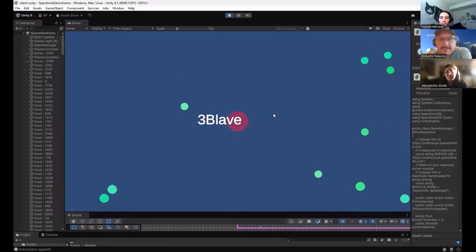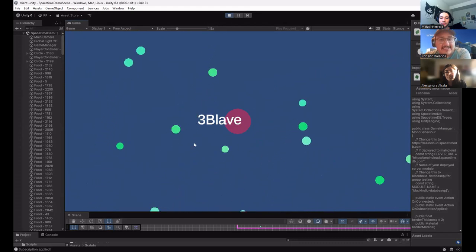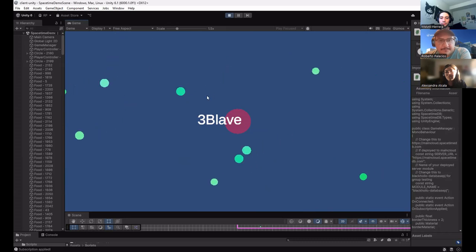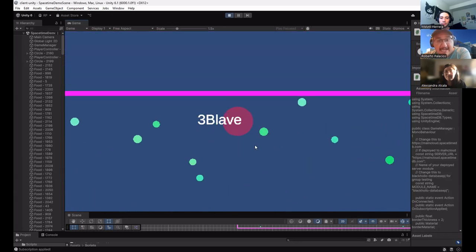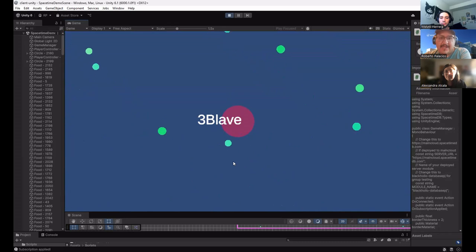Okay, for our demo of SpacetimeDB, we will be playing a simple multiplayer game where you, as a player, collect other circles and grow in size to challenge other players on the screen. Currently playing with me are Metzley and Alexandra, and we should run into them at some point and be able to interact with them. Now, currently, all our